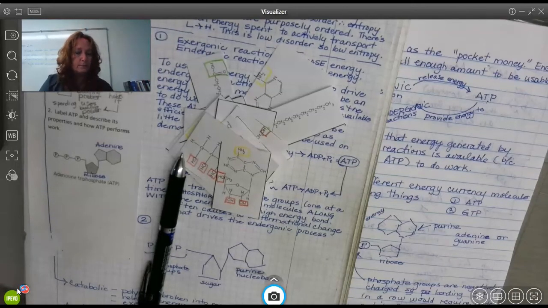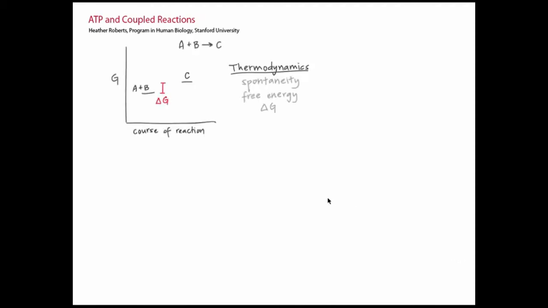In the enzyme-catalyzed reactions tutorial, we talked about the thermodynamics and kinetics of chemical processes. We saw that Gibbs free energy, or G, tells us about the stability of the starting materials and the products. The change in free energy, delta G, is used to determine the spontaneity of a reaction, whether the reaction would, if possible, proceed in a given direction. We contrasted this with kinetics, which tells us about the rate of a reaction.